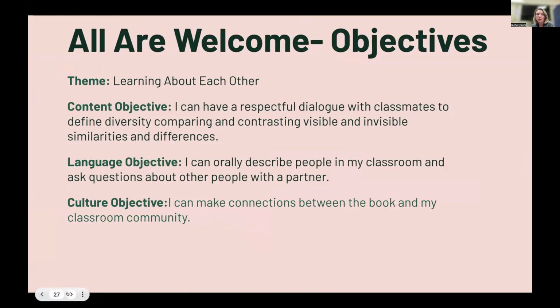Using Ellie's template, I put together the content and language objectives, trying to make connections to their home country, home lives, and who they are as a person. And just to add to this part, for those ELD teachers already teaching in a dual language program or school, this is something you do constantly, to have your language objectives and your cultural objectives. So this is not restricted to dual language, but I think it's best practice, and we are growing into that part.